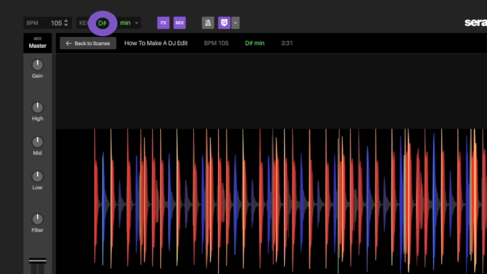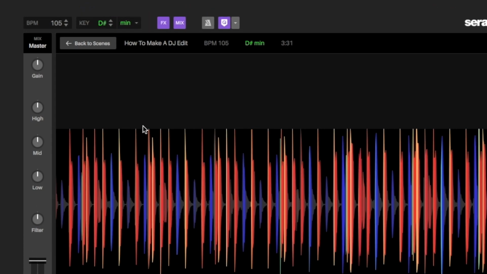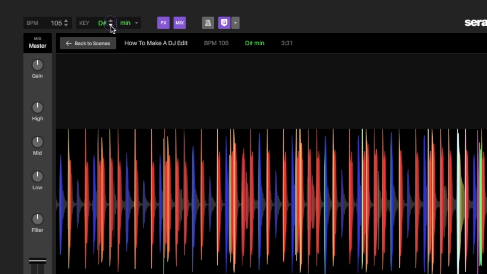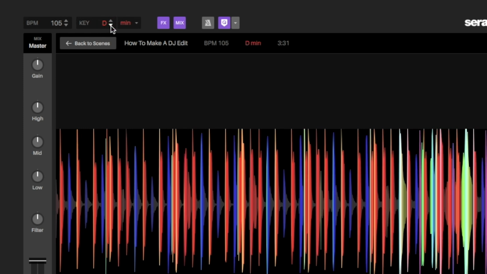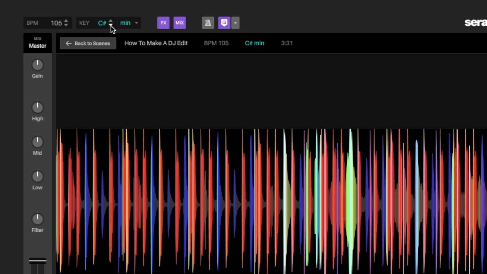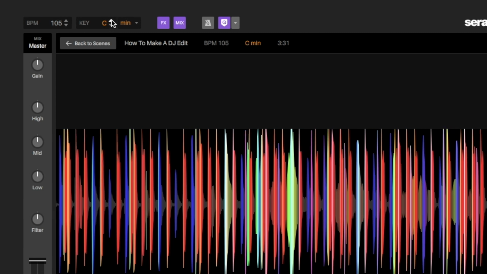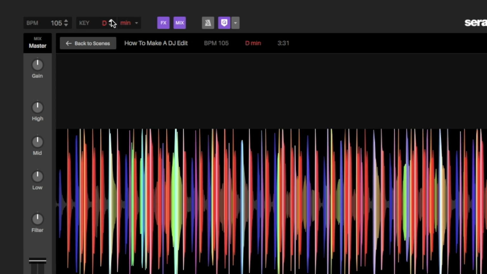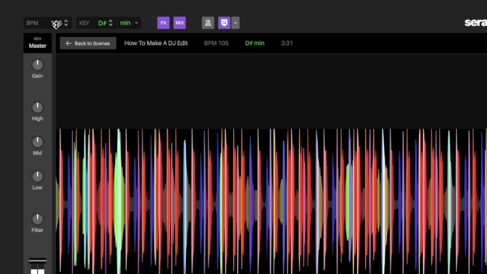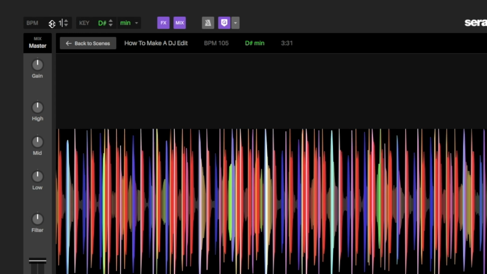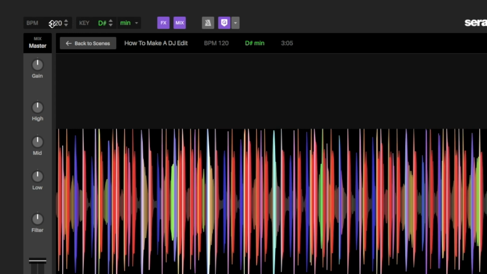By adjusting the project key, the song can take on a completely new feel and mood. The key can be changed by clicking the arrows for the value. Changes to key and BPM can be made to taste. By changing the project BPM, the song can also change the feel and the mood. The project BPM can be changed either by typing in the BPM or clicking the arrows for the BPM values.